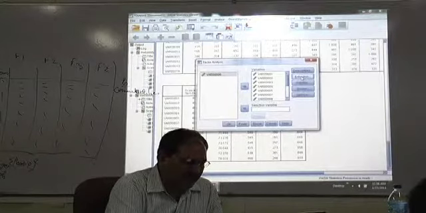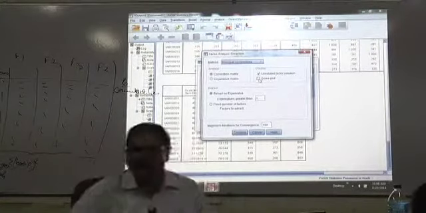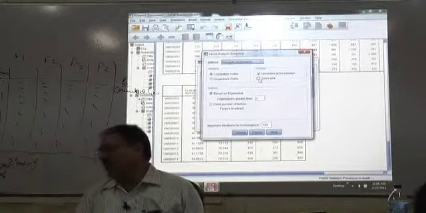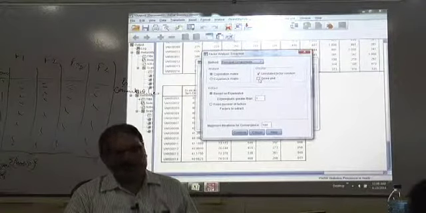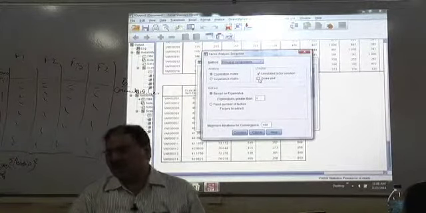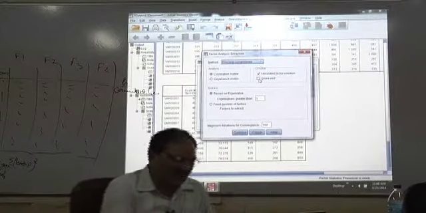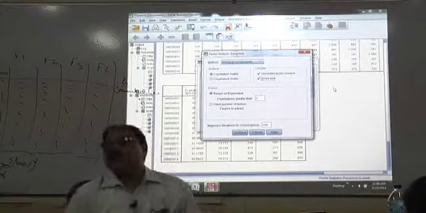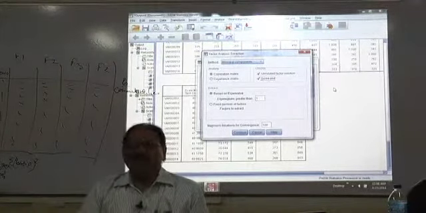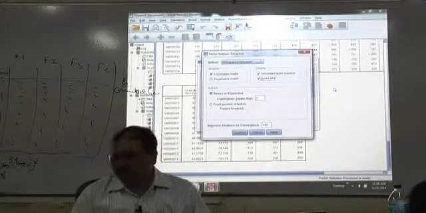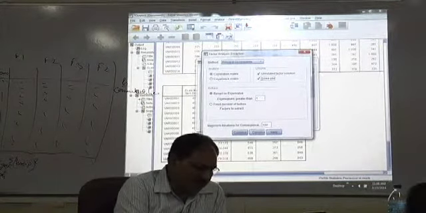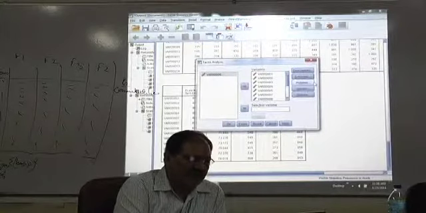There was one more option, I did not talk about it, that is the scree plot. That is another way of identifying the number of factors. The scree plot is another method of identifying the number of factors. And I will explain it later, because this is a graphical method, so I will explain it using the graph. Okay, next is rotation.